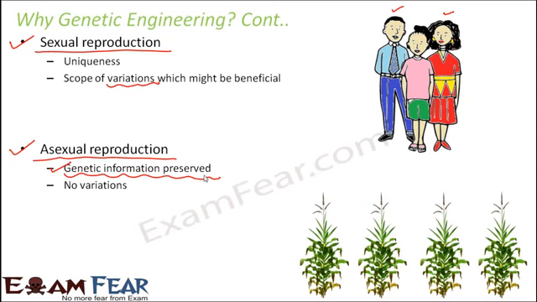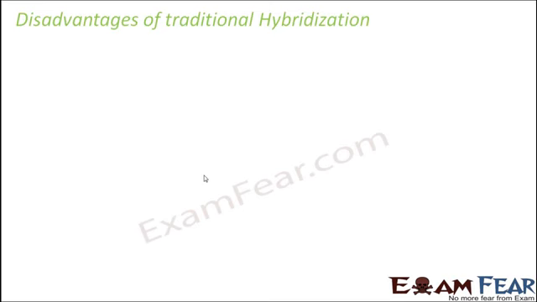Similarly, in case of plants also artificial hybridization was done, where desired traits of the plants were mixed and matched, and then they were allowed to reproduce either sexually or asexually. We have studied all those things in our previous lessons. But why then did we bring genetic engineering into the picture? Because there were certain limitations associated with the traditional hybridization techniques. So let us have a quick look at the